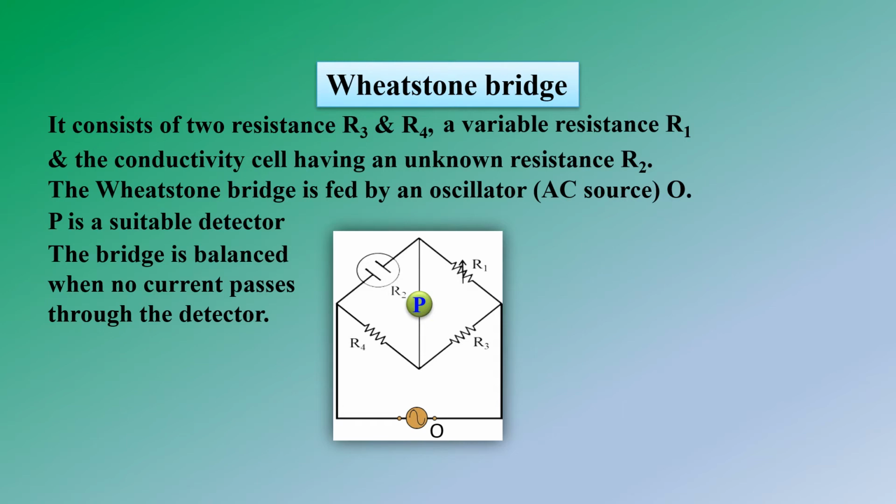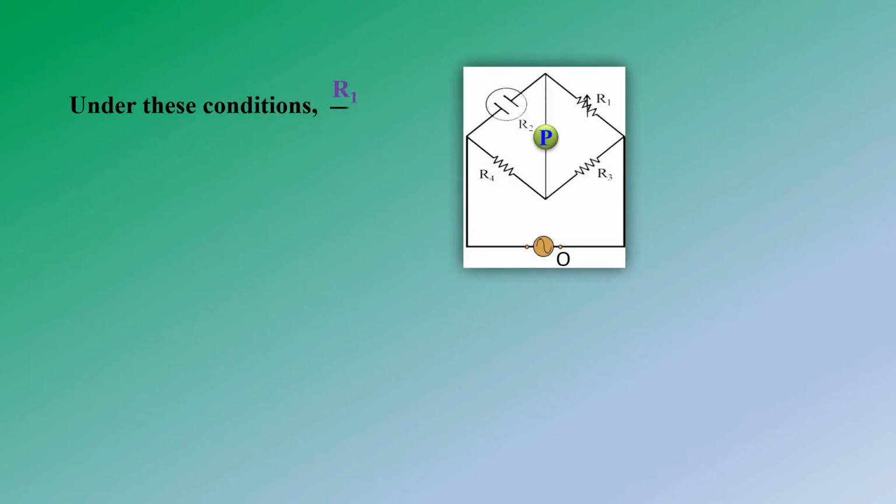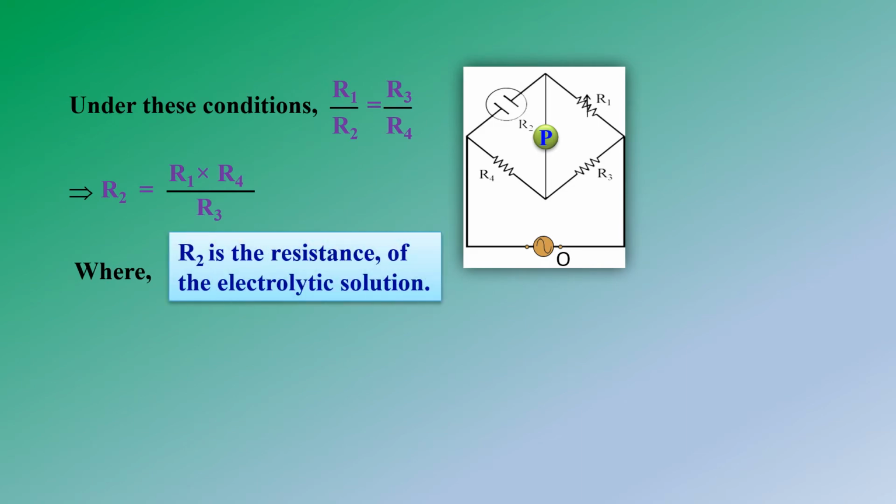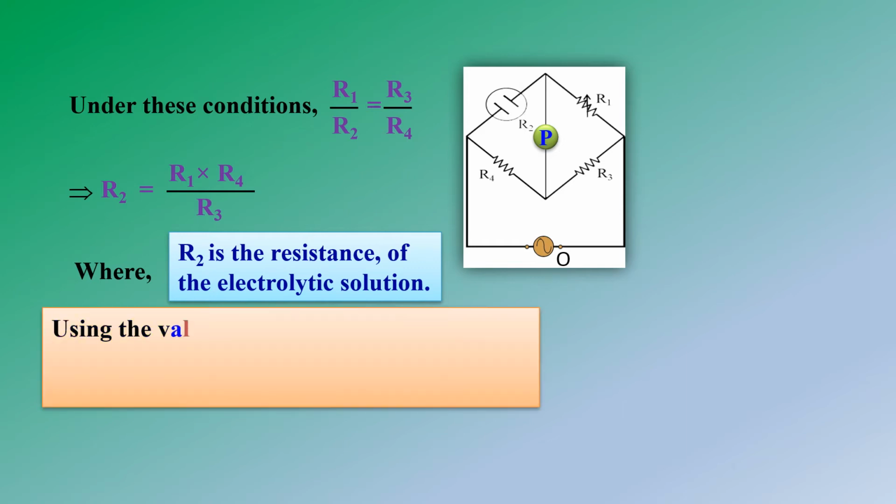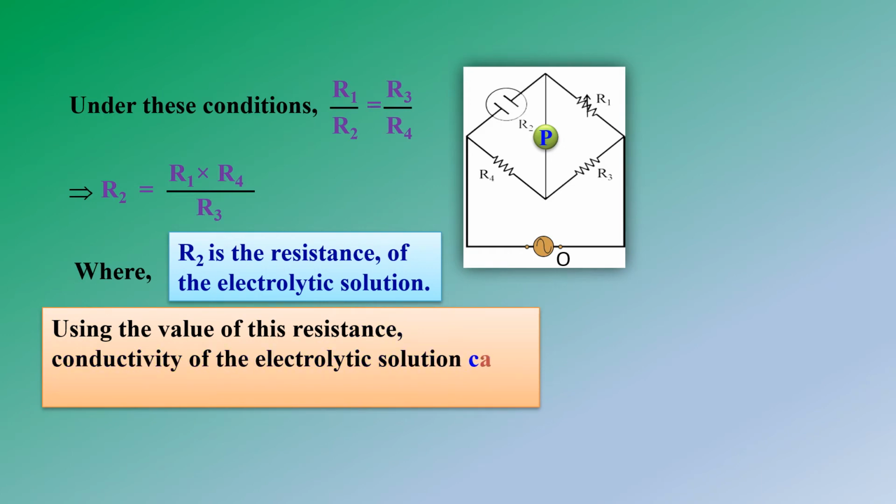The bridge is balanced when no current passes through the detector. Under balanced conditions, R1 divided by R2 is equal to R3 divided by R4. That implies R2 is equal to R1 into R4 divided by R3, where R2 is the resistance of the electrolytic solution that we are interested to calculate. Using the value of this resistance, the conductivity of the electrolytic solution can be calculated by using the